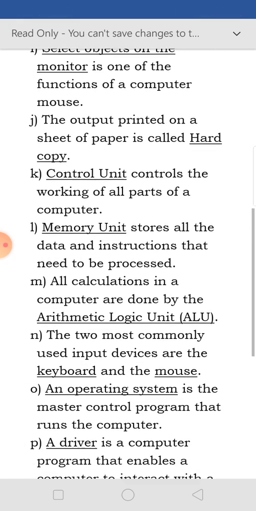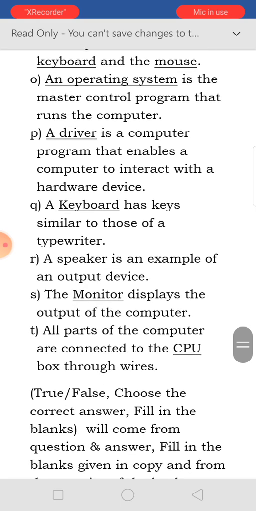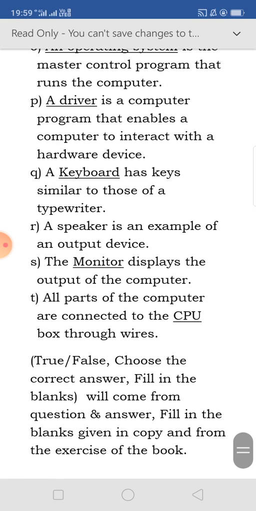I have only put them together. You will read the lines properly, because true or false, choose the correct word, fill in the blanks and matching will all come from these documents only. If you read these documents, you will get all the answers from there.